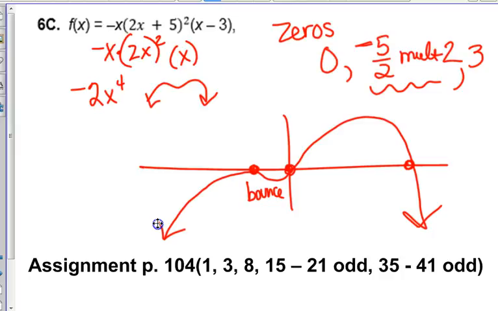I have no idea. When I didn't have a graphing calculator, this is how I had to learn to graph. If I wanted to know what was going on between 0 and 3, I had to stick some numbers in and find some points. Okay? You have a graphing calculator. But that doesn't mean that I couldn't ask you what is the end shape, what is the multiplicity, all that kind of stuff, or to do a couple questions without the calculator. You could just find it